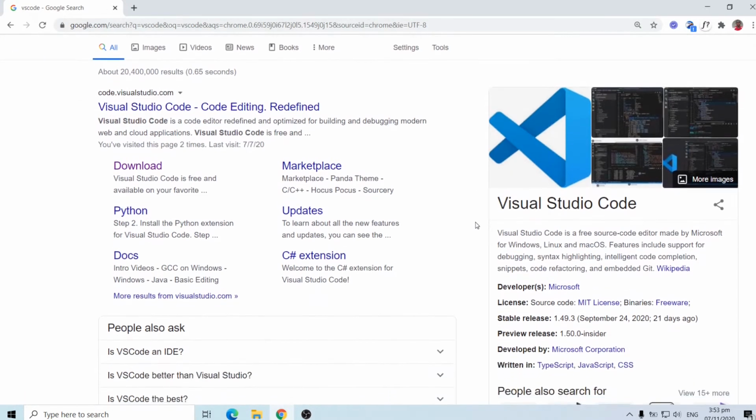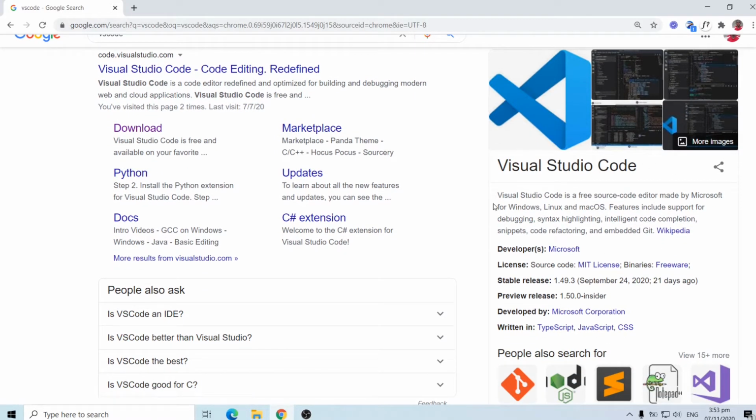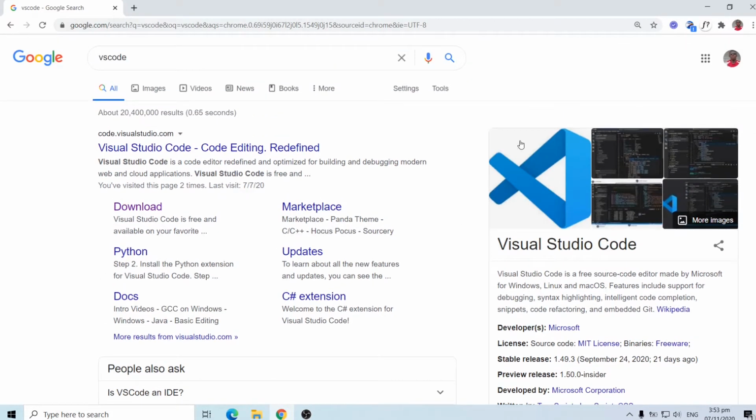So just a quick information, and I think this is from Wikipedia. It says VS Code is a free source code editor made by Microsoft for Windows, Linux, and Mac OS. So definitely, all the operating systems, VS Code has you covered, and it is open source as well. So we'll click on the first link, and that's